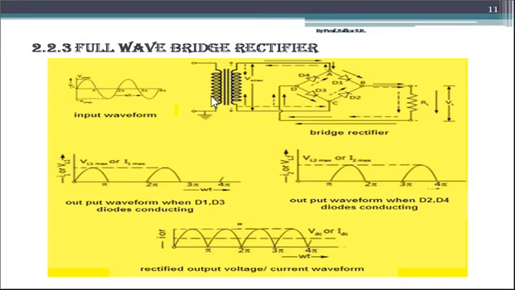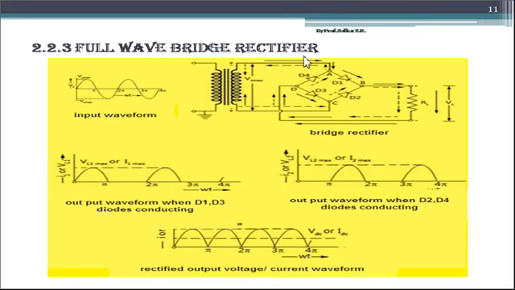So here you can see, similar to the center tap rectifier, we have the transformer, primary and secondary, at the input of the rectifier circuit. This secondary of the transformer is now connected to a circuit which is nothing but the anti-parallel connections of diodes. As you can see over here, there are four diodes connected back to back, that is D1, D2, D3 and D4. These four diodes which are connected in the anti-parallel mode will form a circuit, and that circuit is termed as a bridge circuit. So due to these connections of diodes, this rectifier is called a bridge type of rectifier.